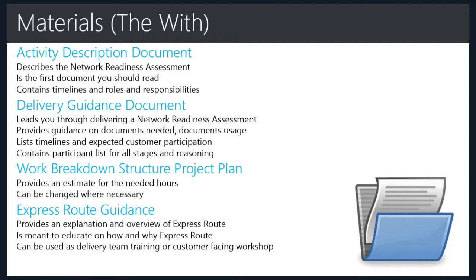There's also a document that's called Express Route Guidance. This is a special document that explains what Express Route is, what it does, and how it can benefit your customer. This is something the deployment team should go through, learn from, and at that point, the deployment team can decide whether or not Express Route applies to the customer. If they feel Express Route applies to the customer, or the customer should take a decision on this because it's a possibility for them, this can then be edited and delivered as a workshop during the on-site